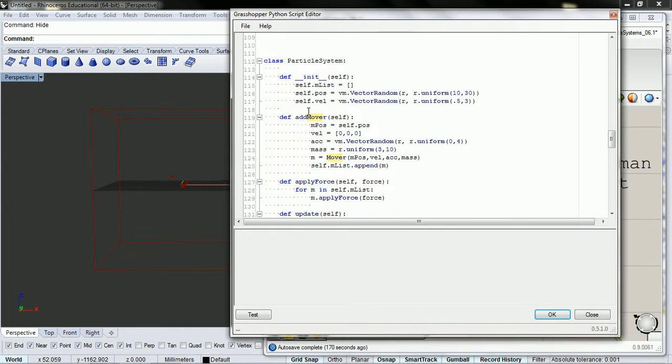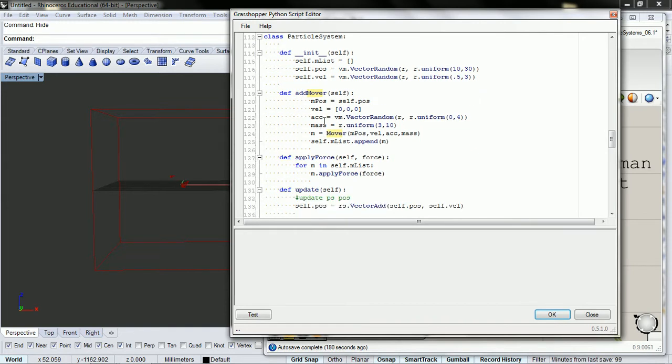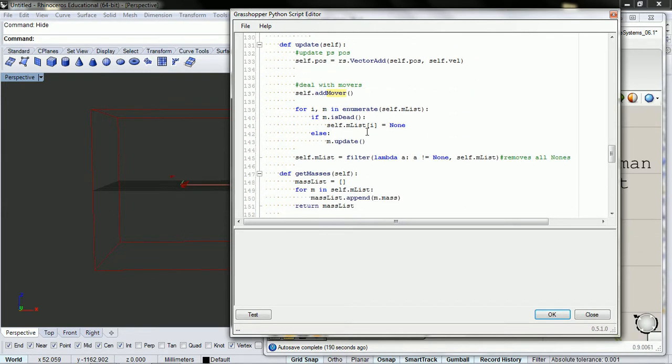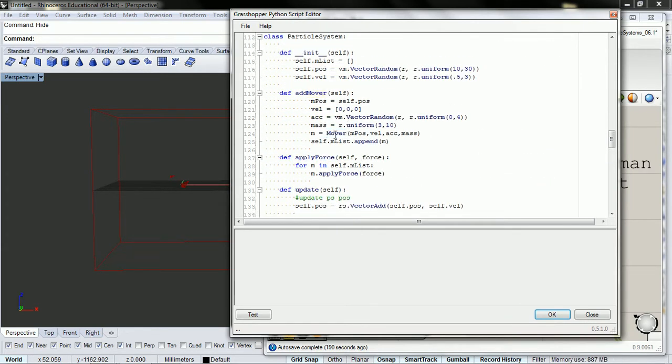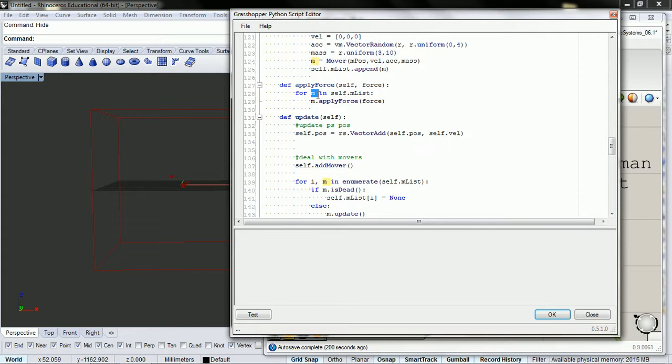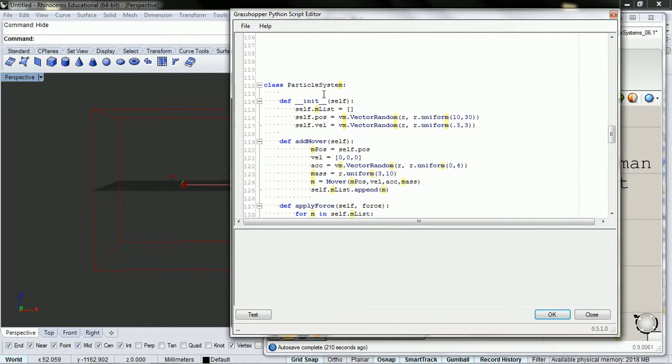Just before I get started, I want to look down here at our particle system and note that when you add a mover, right here, that is the only place in the functionality that specifically calls mover. All of the rest of the times it just says for m in self.m_list, and this mover doesn't refer to anything, it's just whatever object is inside of our m_list, apply force to that object. So